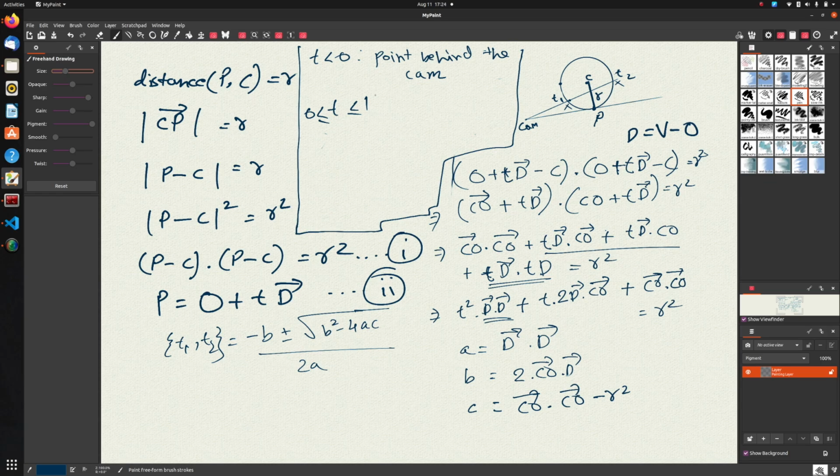1, right? So these are the cases where the point of intersection of the ray with the surface is located in the space between the camera and our viewport, right? So it's located in that space between these two. So it is a point between camera and viewport, right? And finally, the most common case will be T greater than 1, which is